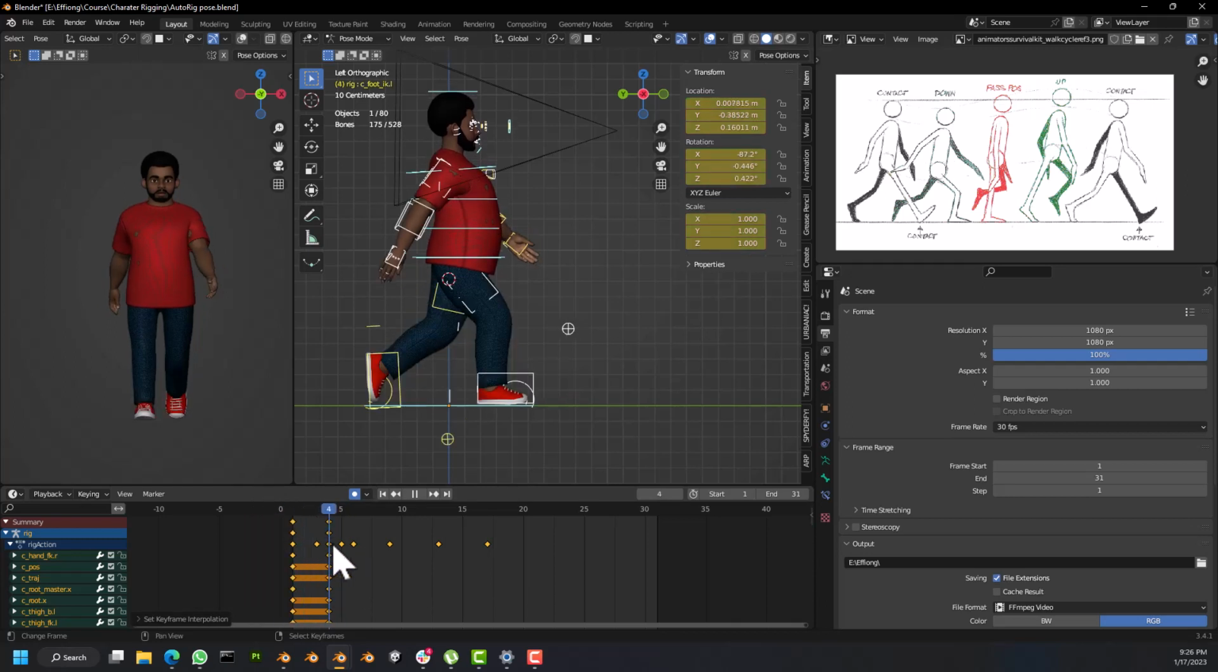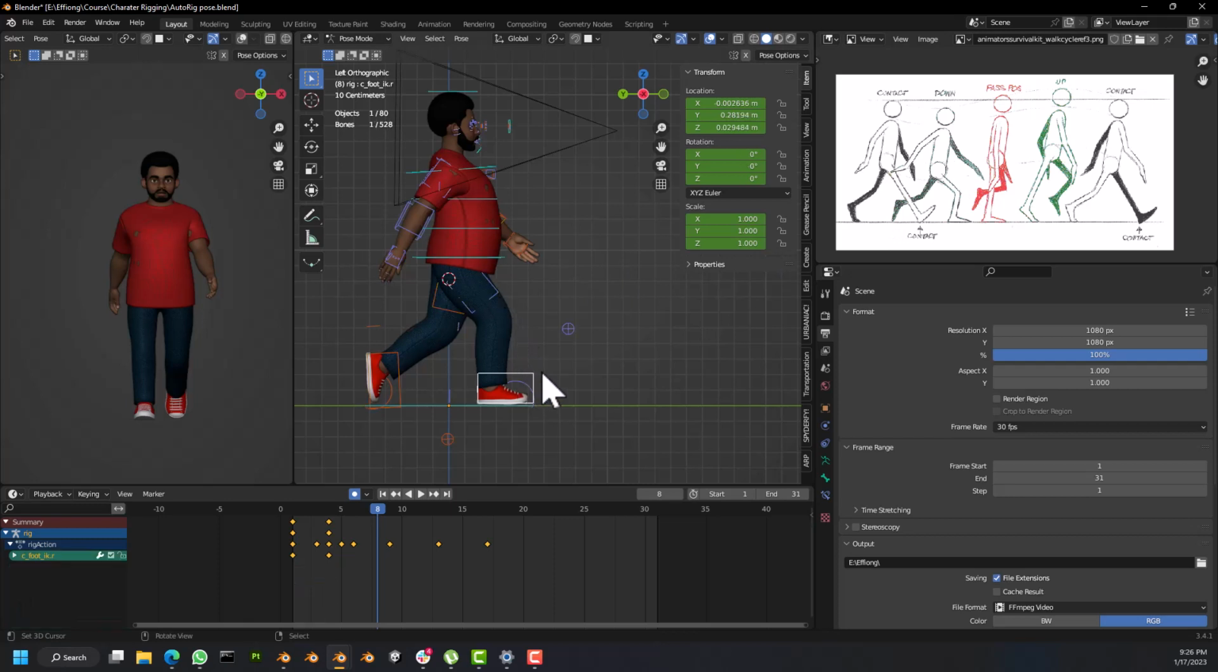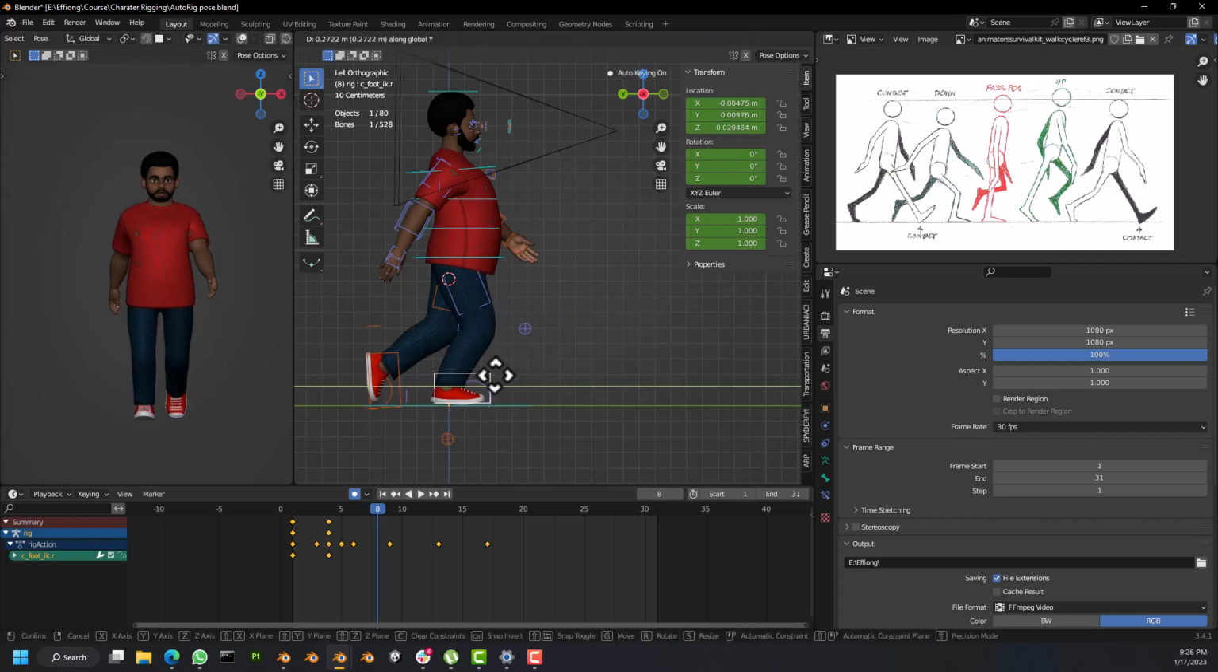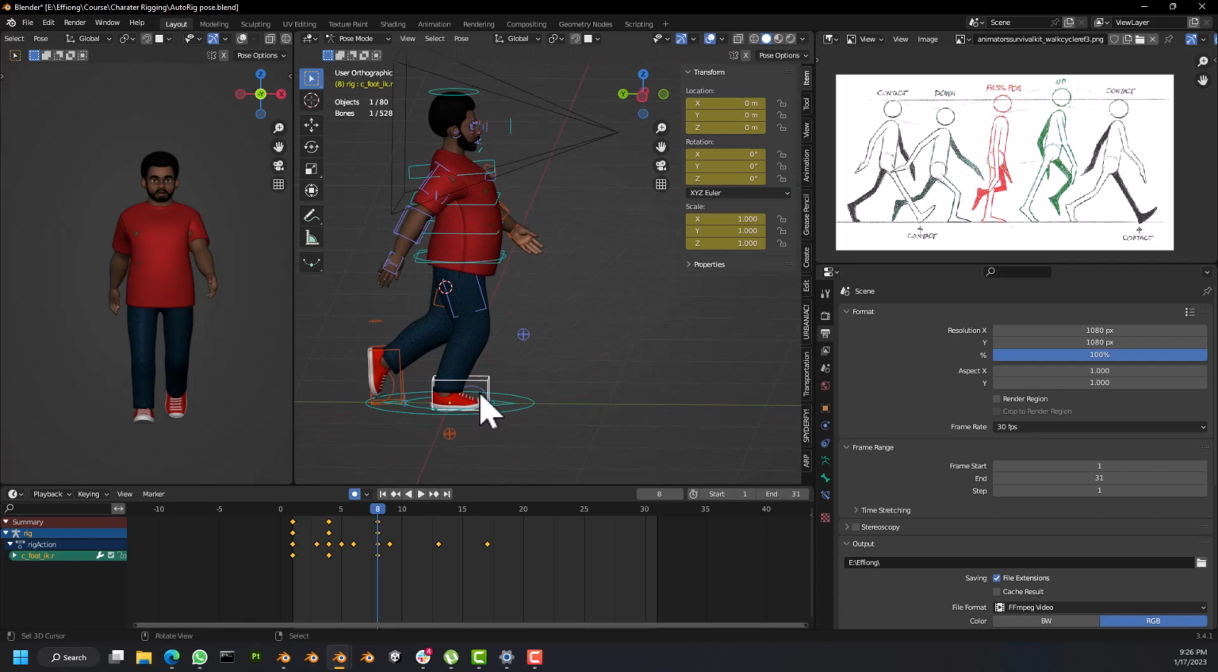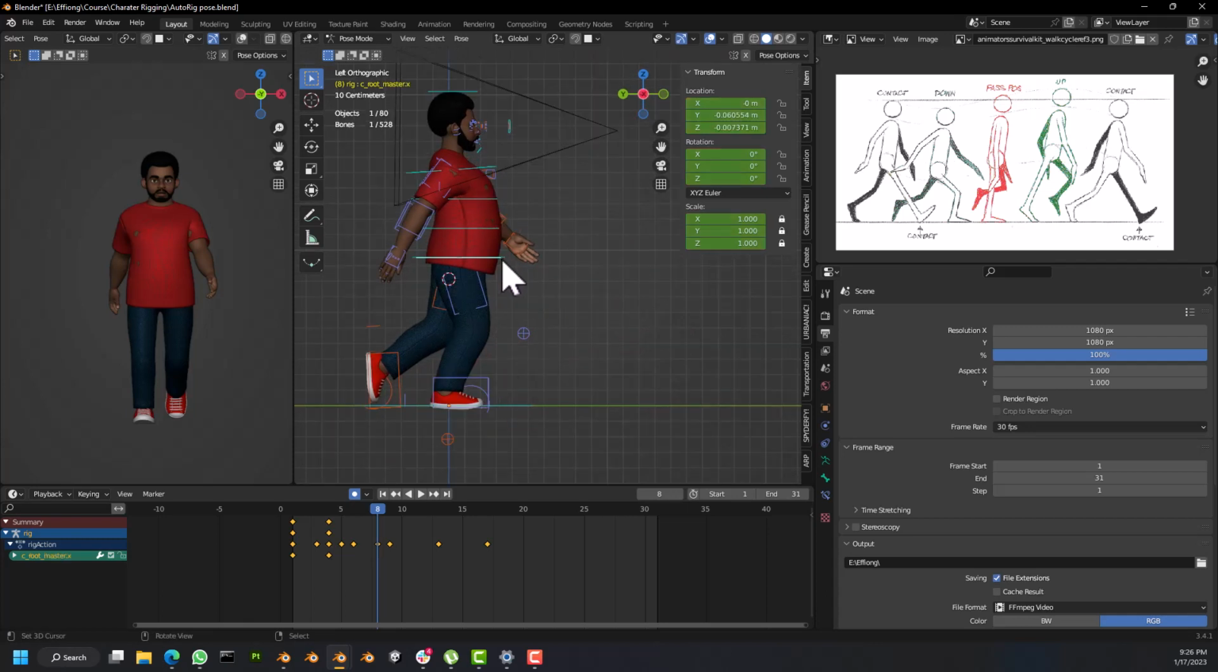Okay, so next one is 1 2 3 4, 1 2 3 4. All right, so we come to frame 8 and create our passing pose. For our passing pose, we'll bring this back, bring that back on the y-axis. Snap this back to its initial location by pressing Alt G to snap the foot to its initial location. Then bring your root bone up